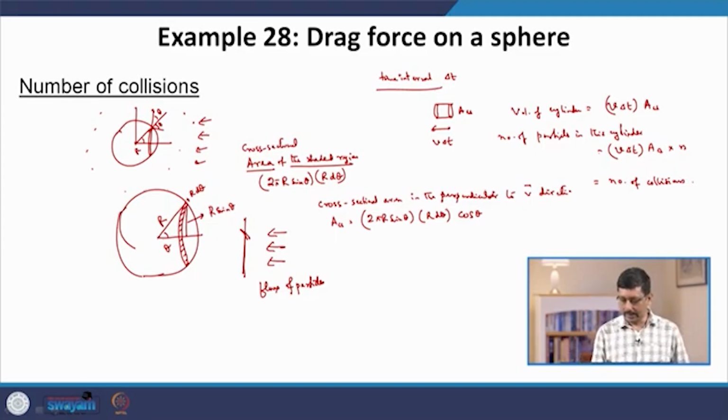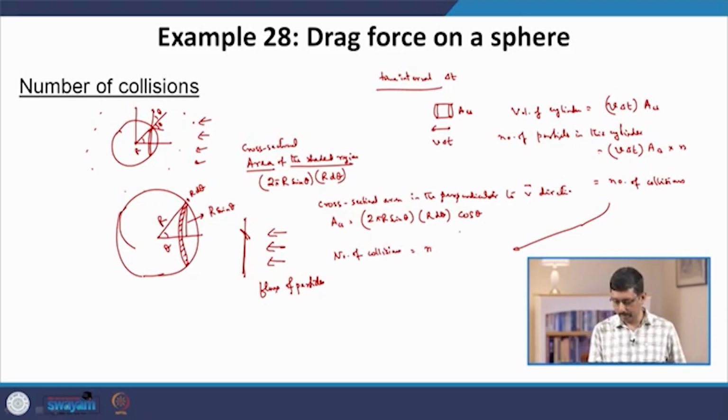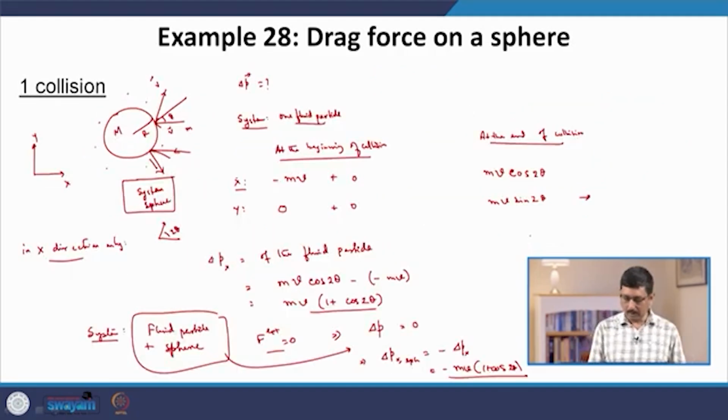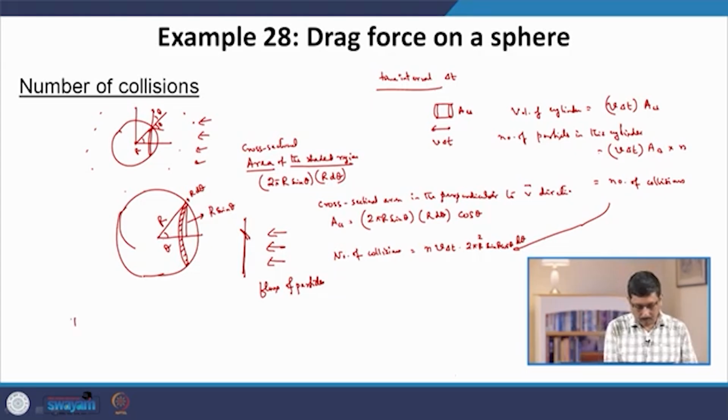So, if I write it here, this number of collisions is equal to n v delta t times 2 pi r square sin theta cos theta d theta. Now, we have estimated that in one collision, the net transfer of momentum on the sphere is minus mv times 1 plus cos 2 theta. So, total